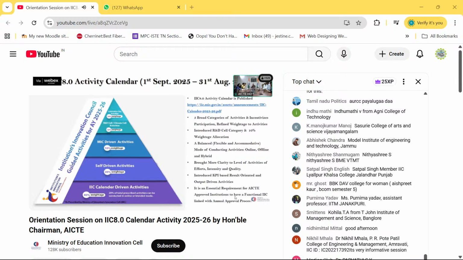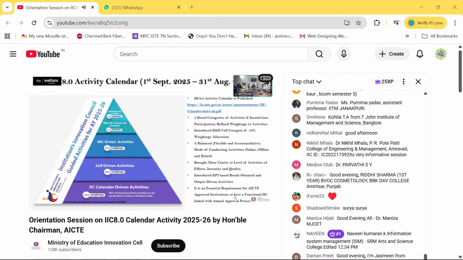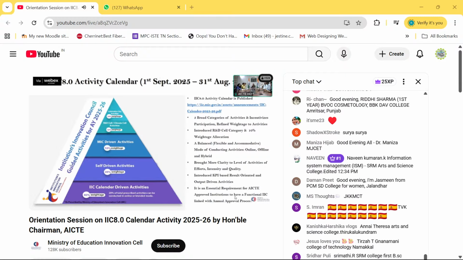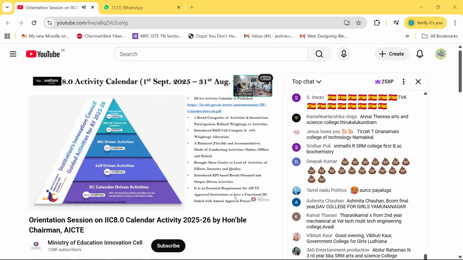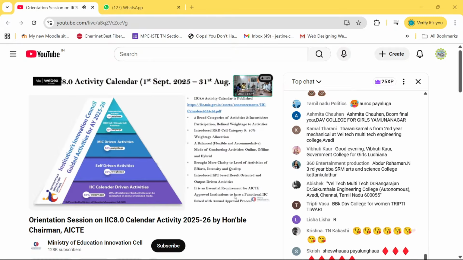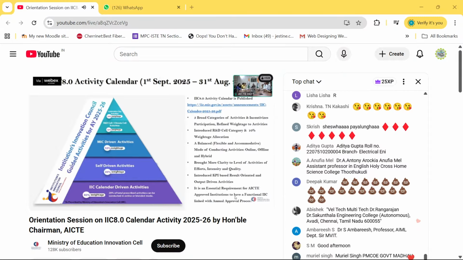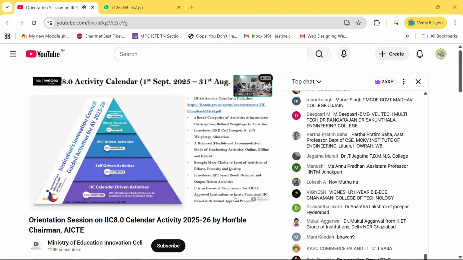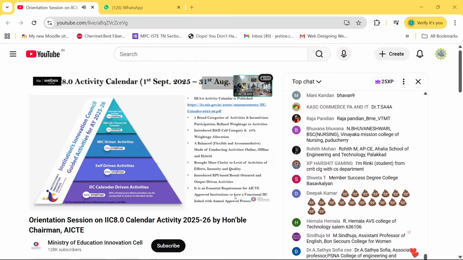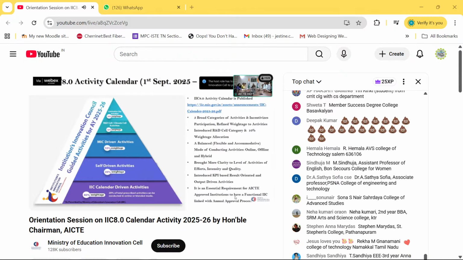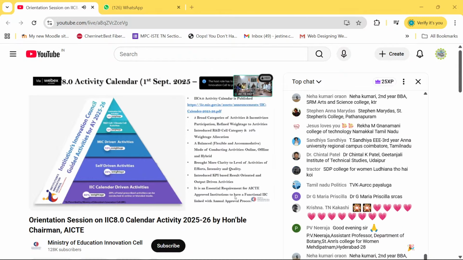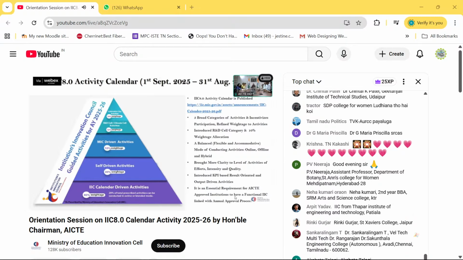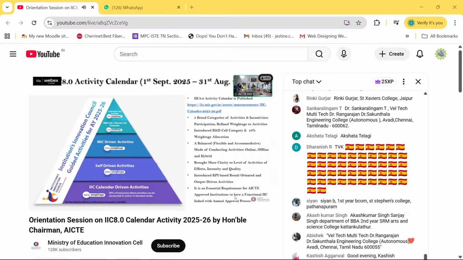For example, we have introduced a balanced approach of hybrid, online and offline modes of activities. So institutions have the choice to organize the activities at their convenience. And also all these activities are non-technical in nature and very fundamental. So they can fit any kind of institution, be it technical or non-technical, or a university or a